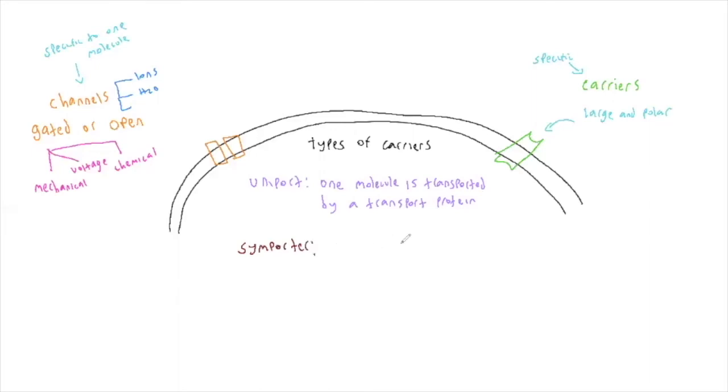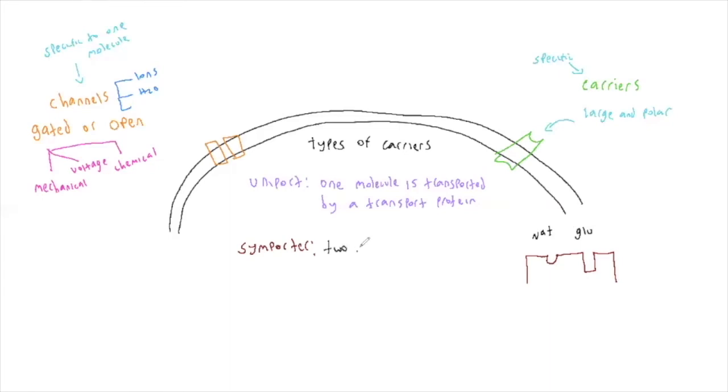Now this is a type of carrier. I'll go ahead and draw it on the side here. It's going to look like this. We'll say this U, or this divot, is for sodium, and this square is for glucose. So what a symporter is, and this is a symporter called the sodium glucose symporter,